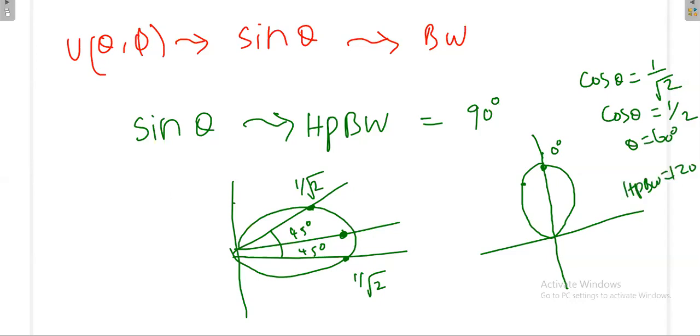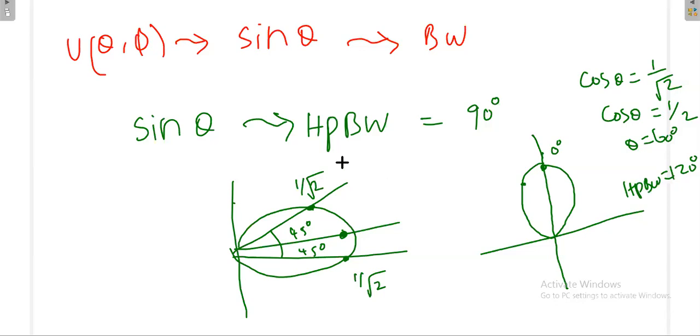So first you have to be careful: what is it given for, the electric field or the power? You have to be a little bit careful. Whenever u comma theta comma pi is given, that is generally for power. Please look at that carefully.